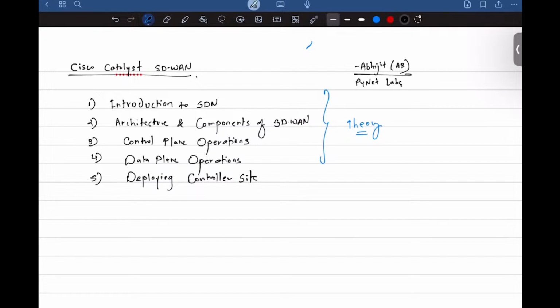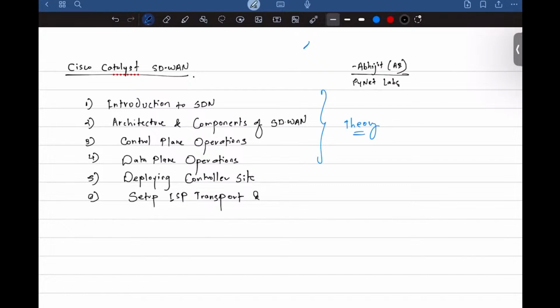After we are good with that, then we will set up the ISP transports just for the ease. Okay, there is not going to be any complex configuration about the ISP, but we'll set up the ISP transport and WAN edge configuration. Okay, these devices will be configured with the basic and minimum configuration that they require.